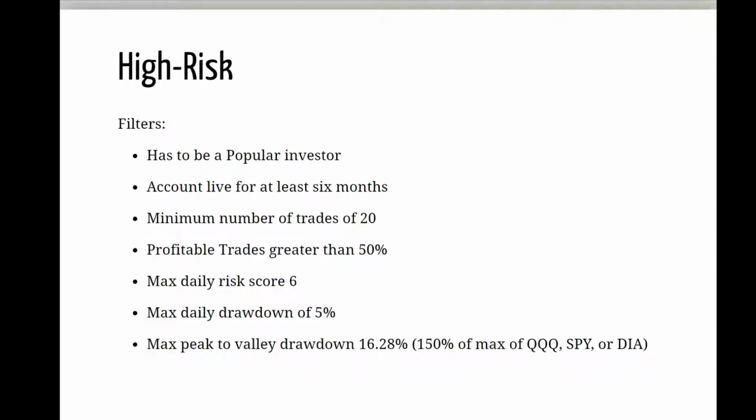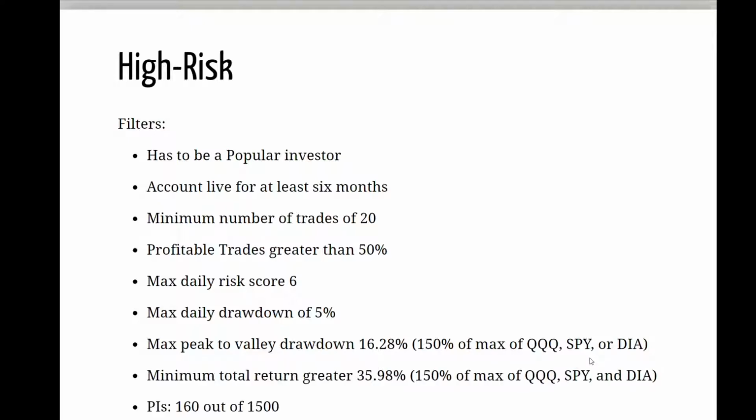So the new thing here is that your peak to valley drawdown now shouldn't be greater than 16%. Where is this 16% coming from? We are just saying we're giving people room now to take risks. So your drawdown is 150% of the maximum drawdown from all these three ETFs. So we're giving people room to take risks, but then we expect them to give us a return commensurate with that risk. So now we're saying your return shouldn't be lower than 35% over the last 6 months. Where's this coming from? Again, you should give us a return that is at least 1.5 times the maximum of